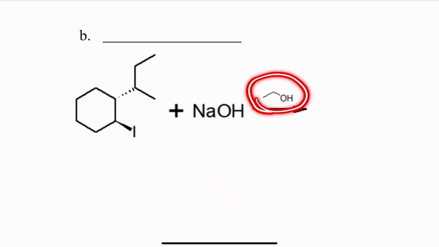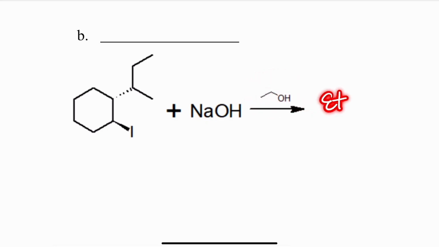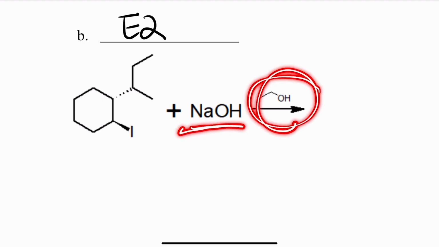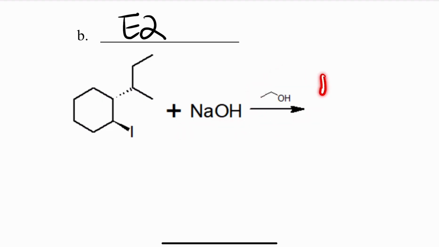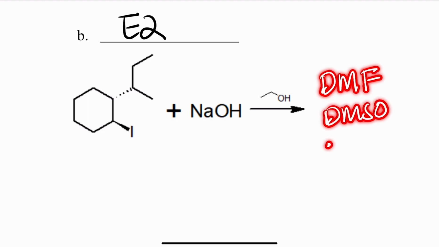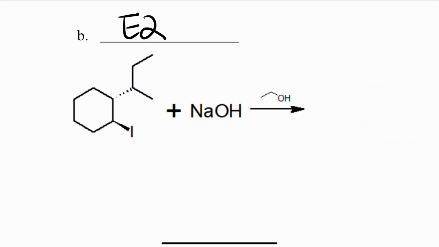and this is just normal generic water or ethanol, or written as EtOH, then it's definitely E2. It would be SN2 if the solvent was DMF, DMSO, or what are the other ones? Acetone or acetonitrile,